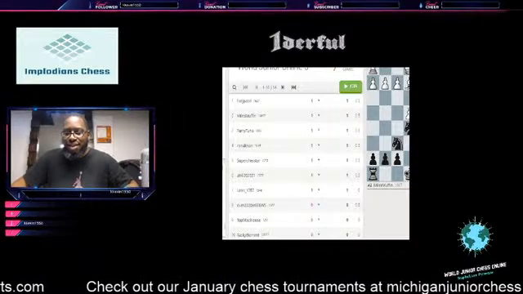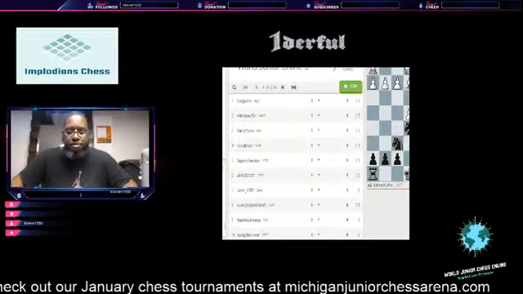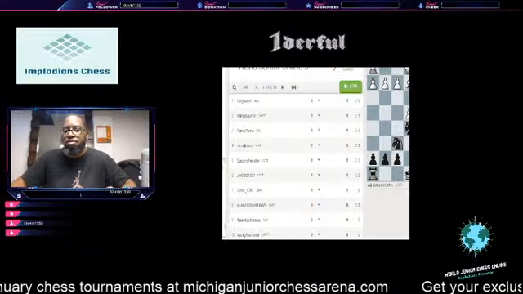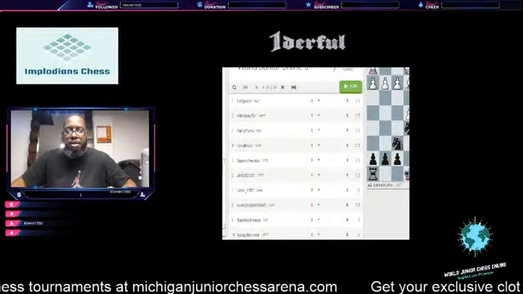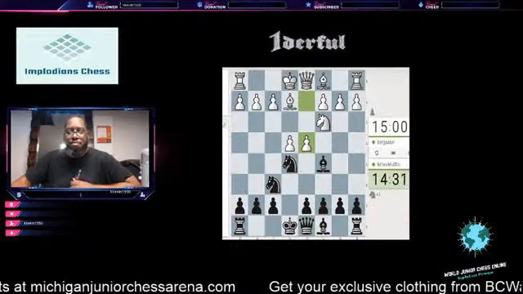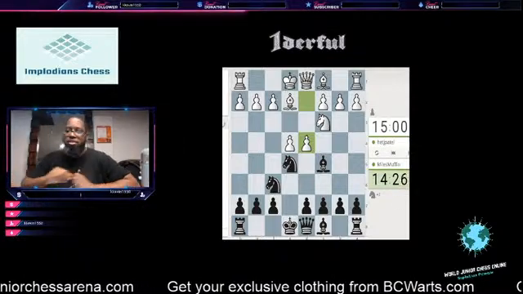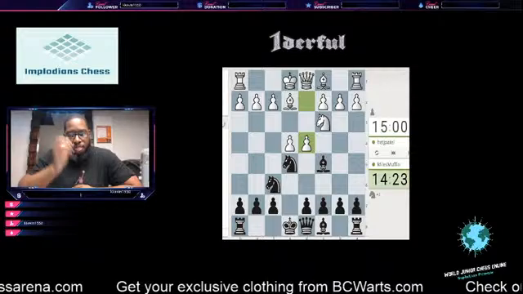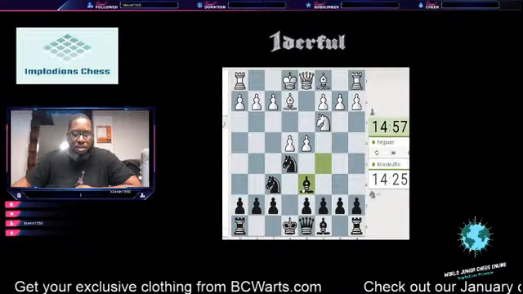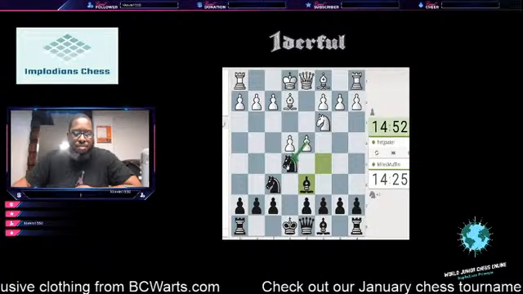Now let's get to the games because the games are starting. And let's take a look. Our top game here is Miles Muffin versus Het J Patel. And you guys, what's happening here? Oh, it was a sacrifice. He is giving up